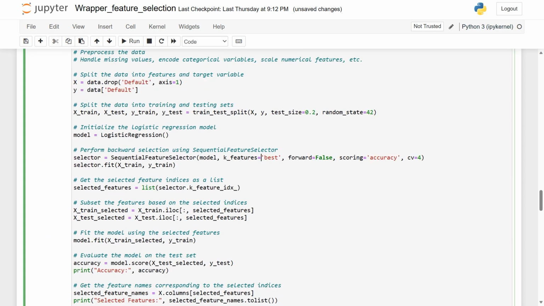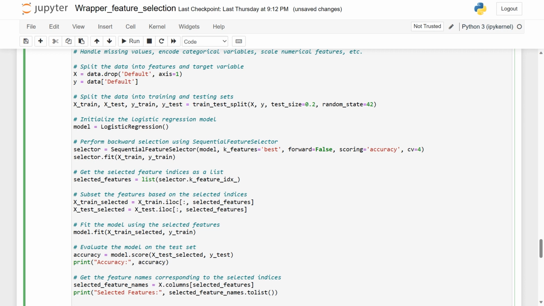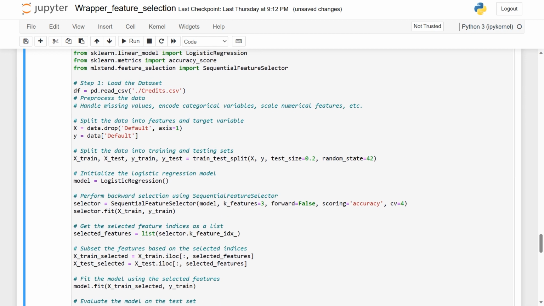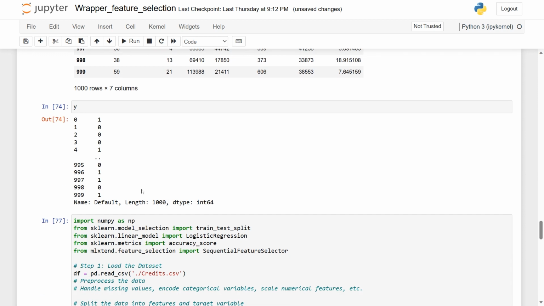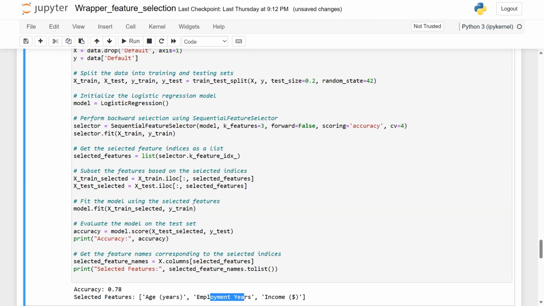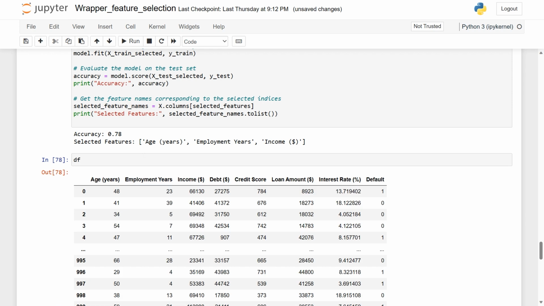So here I put the k best. Let me copy this and execute the same code here so that I can do minute tweakings. Okay, let me give 3. The accuracy remains the same, 0.78, and here also 0.78. So age in years, employment in years, and income. This makes more sense than any other. Let me check any other feature that it has. So out of the 7, even 3 together